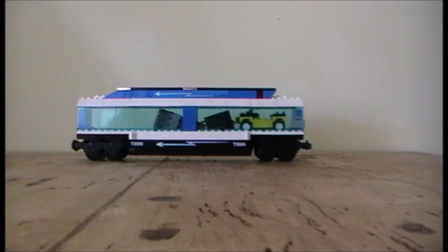Although today I'm obviously not in the attic, I'm in the kitchen where I've got much better lighting. I've ordered from an internet auction site a number of items which have come together, and I thought I'd unpack them and have a good look at them. So the first item is this particular carriage here,